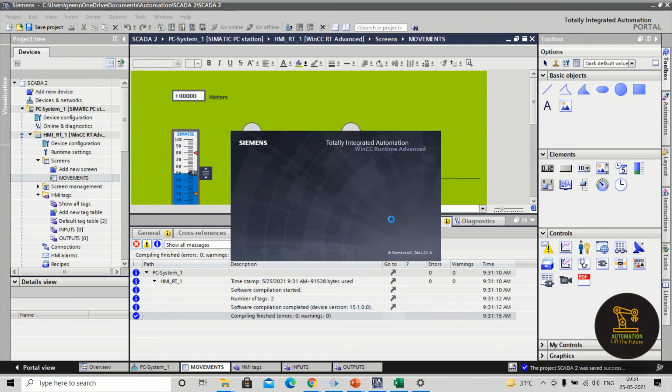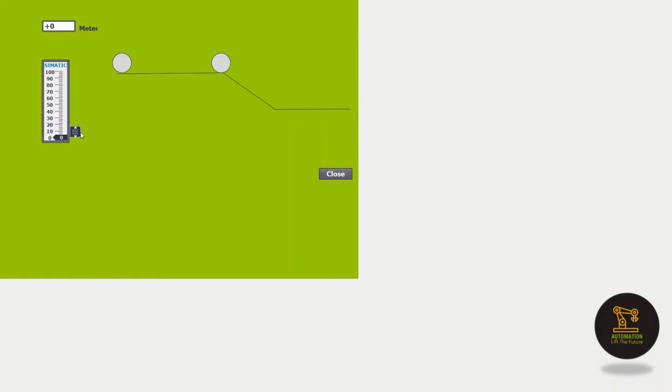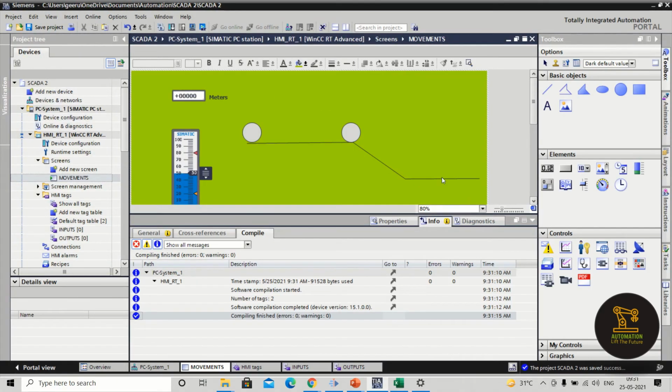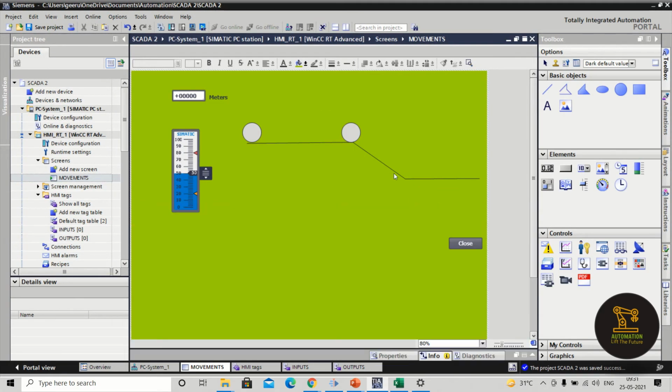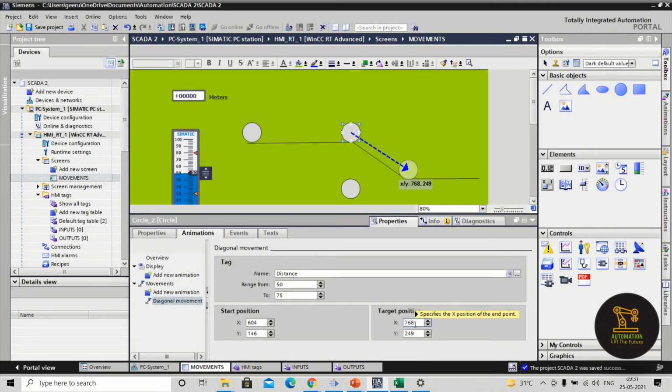Now see this. For 0 to 50, the first circle is going. 50 to 70, the second circle is moving. Right? And still one more horizontal movement is there, and we will also try with that. Again, what we have to do? We have to go for copy, paste. Again, remember this target position, because if you give this proper value, then only the animation looks very good. Otherwise, definitely when you do it manually, you make some mistakes.